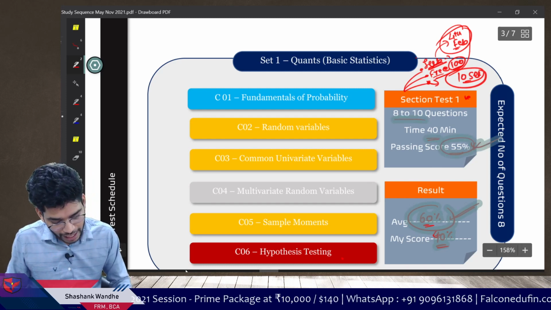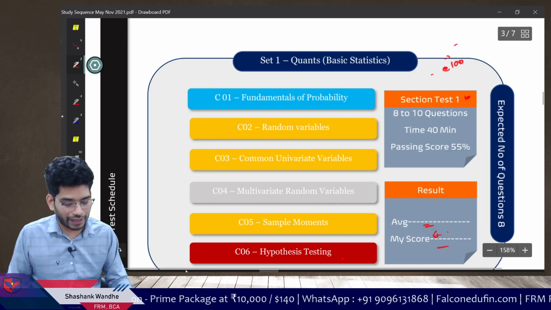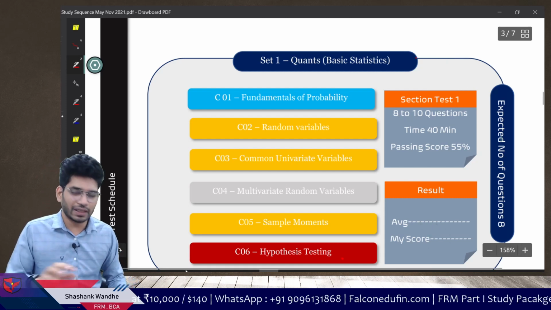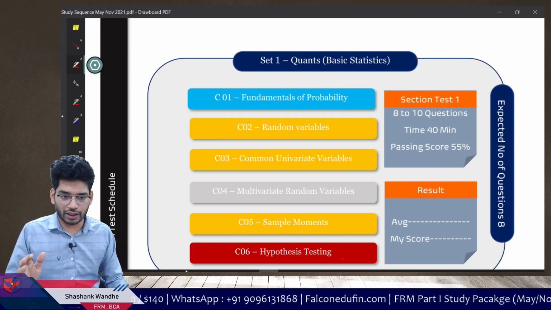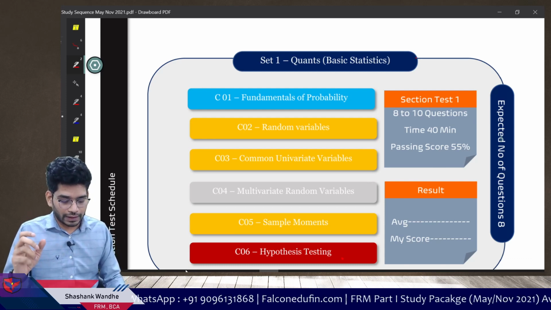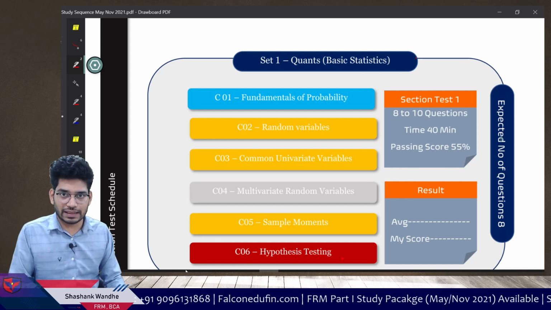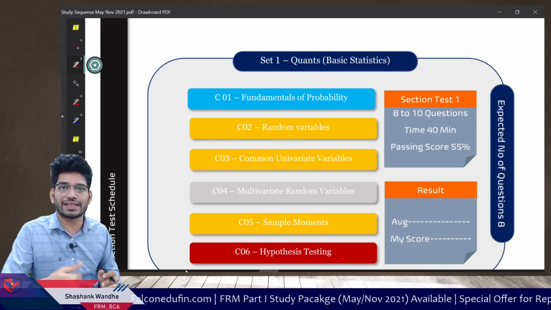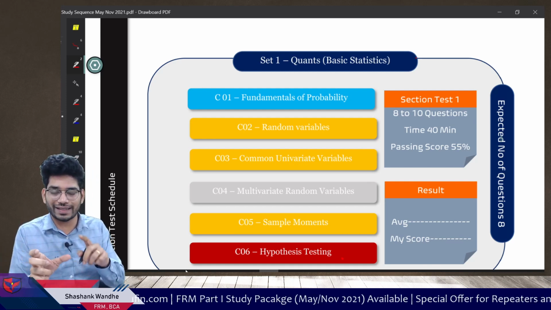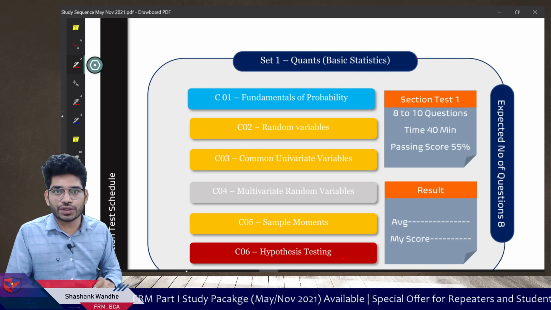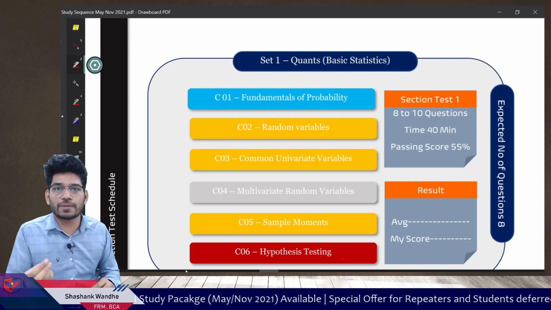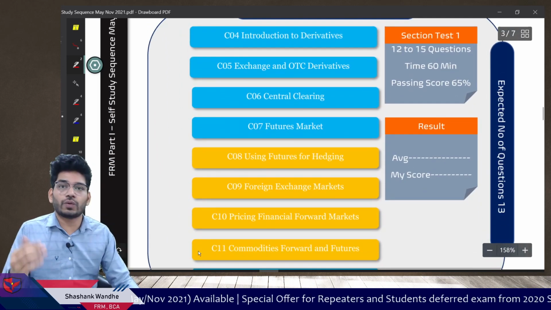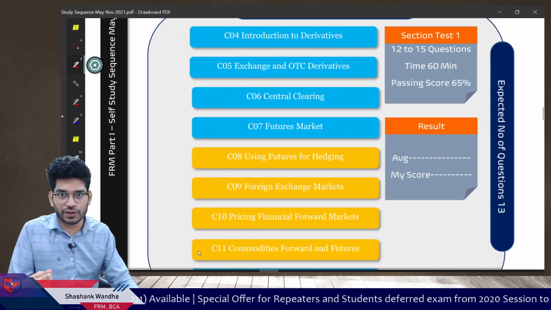Now what is the advantage of the section test, why are we putting so much emphasis on it? I will give you the explanation. From my previous experience, I can tell you that the students who appear for these tests, even for the mock test, once they appear, their whole preparation style changes, because now they know what their problem is and what type of questions are asked in the exam. Once you know this information, automatically when you start set 2, you will change your preparation style because you know the expectation from the government.